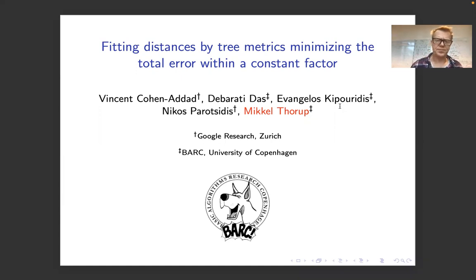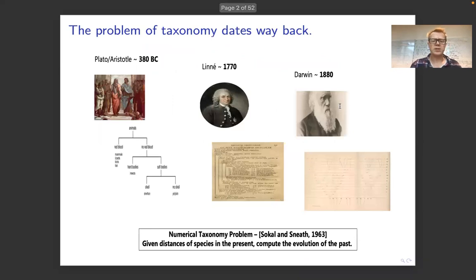work with. We've worked on taxonomy, which is a hierarchical classification of species, which goes back at least to Plato and Aristotle. The nice example of taxonomy is that of Linné for plant species. With Darwin, it took on a new meaning where the different classes in the hierarchy actually represent ancient species, ancestors. And then the numerical taxonomy problem became: you're given some distances, say genetic distances between species